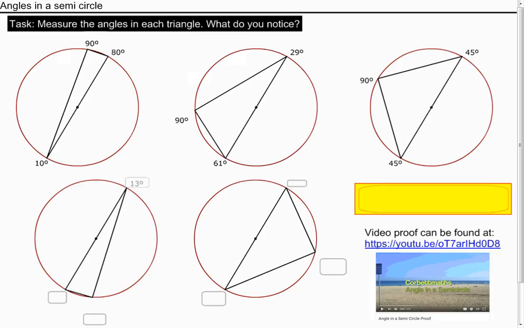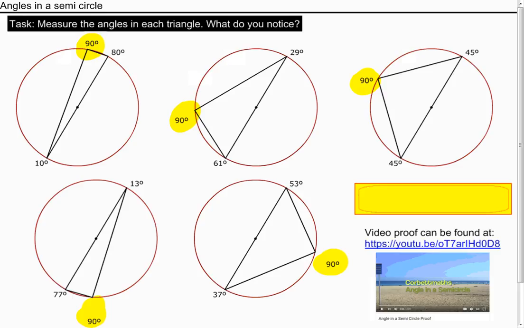The last two, 13, 77, 90, and the final one, 37, 53, and 90. Notice here I said, what do you notice? Well, hopefully you've noticed that in every triangle I've got 90 degrees. Now, obviously, it depends how accurate your measuring's been, but whenever we've got a semicircle and any